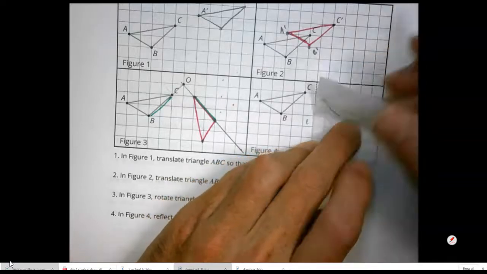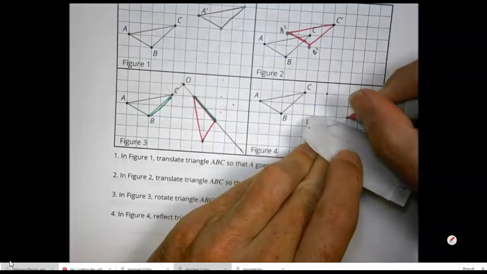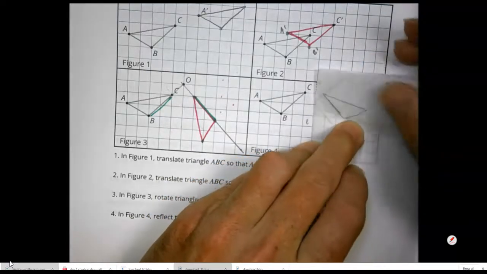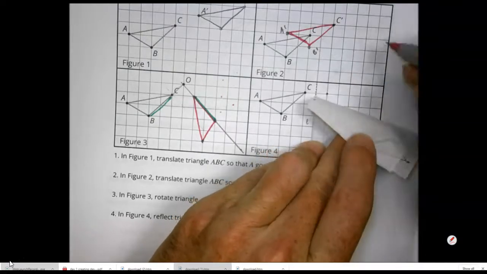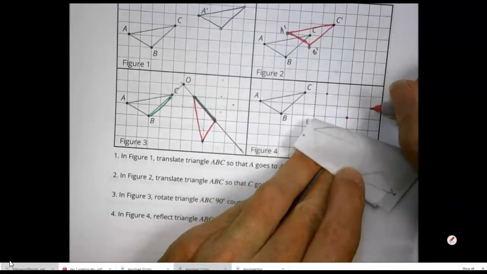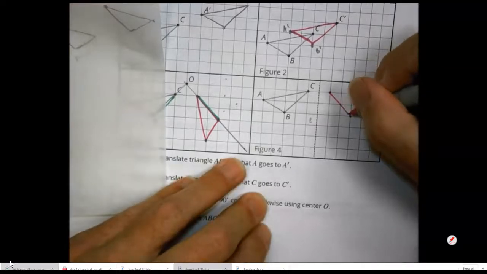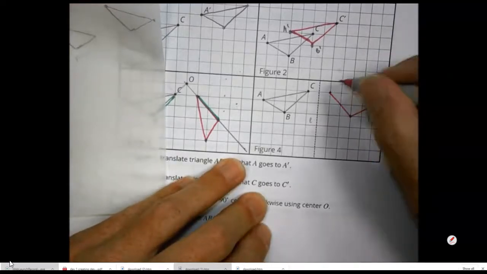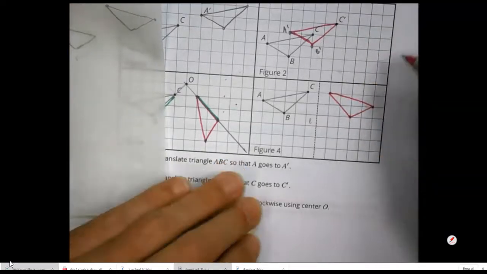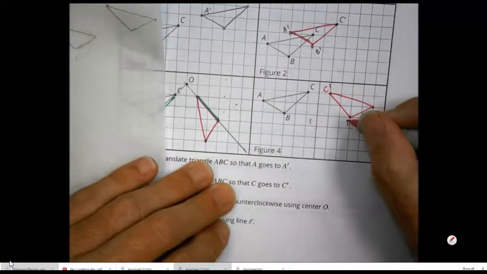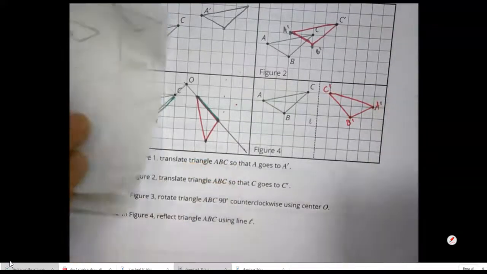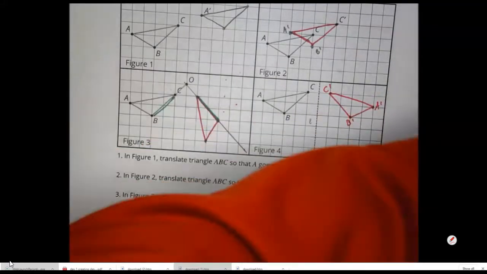My next dot would go to here. And my next one would go out to here. Right here. And I'm going to connect the dots. We got this, we have this, and we have this. So that becomes C prime, B prime, A prime to reflect there. So that's one way you might have